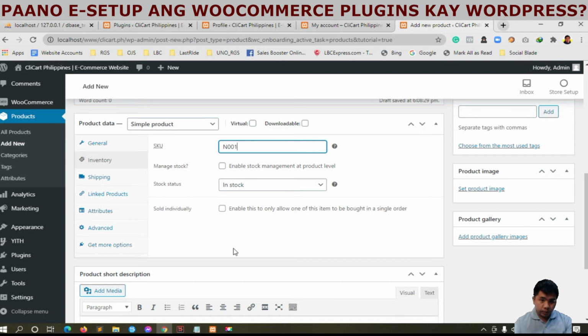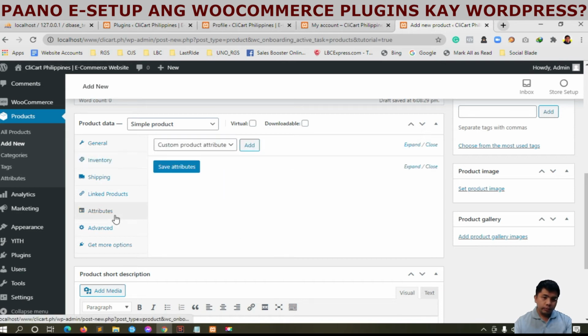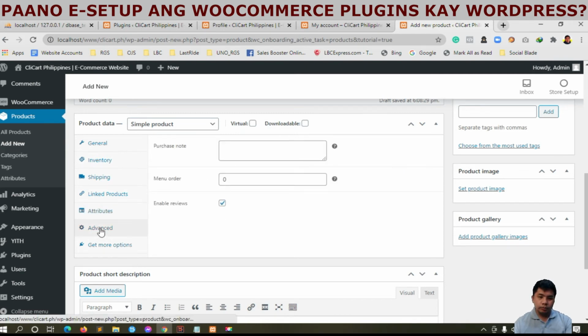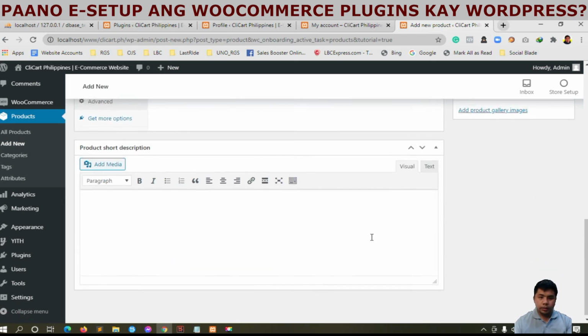Enable stock management of product label. Attributes. Ang attributes is more on... wag na yan. Purchase note, pwede ka maglagay ng note. Menu order, depende rin sa'yo. And then